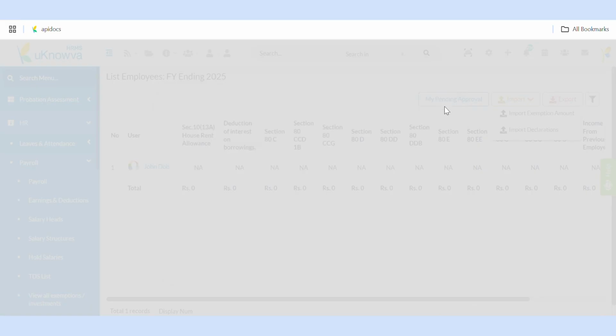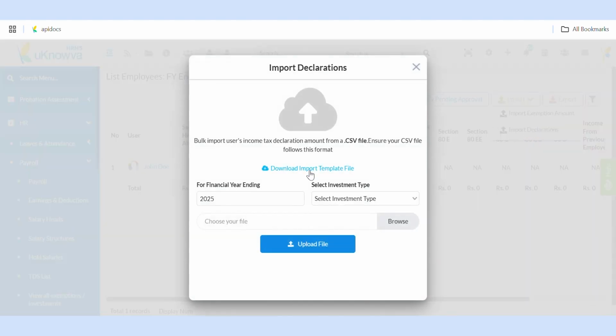Similarly, choose the second option, that is Import Declarations. The pop-up window that opens lets you download a templatized CSV file by clicking Download Import Template File. Prepare it well, and then choose Financial Year Ending and select the investment type from the drop-down menu before selecting